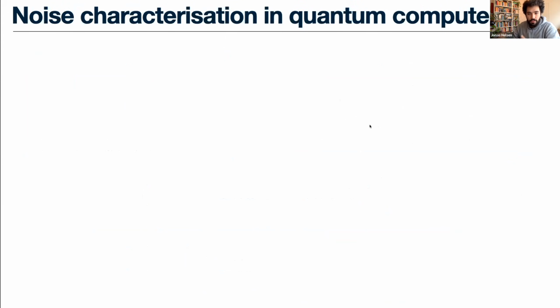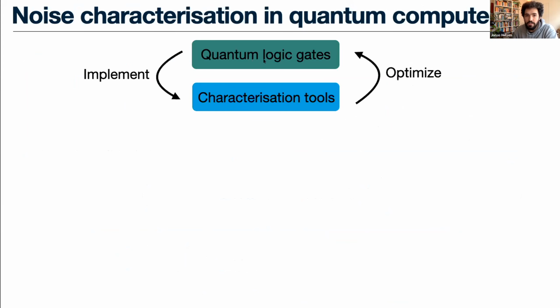So as I said, this is a fundamental part of building them. Currently people are trying to, in a lab, build quantum logic gates out of electrons and microwaves. A big part of doing this in practice is using characterization tools, abstract algorithms that extract information out of your noisy quantum computer to optimize the probabilities of error in these logic gates. So you have this nice feedback loop where you use this characterization to inform optimization of your logic gates, and then you characterize them again, and you keep doing that until your logic gates are very good,